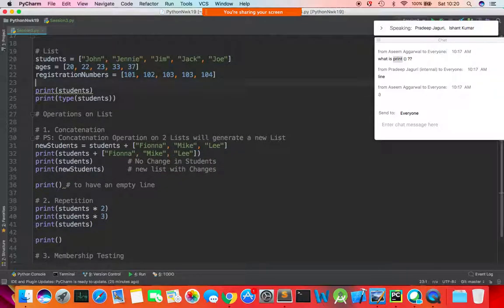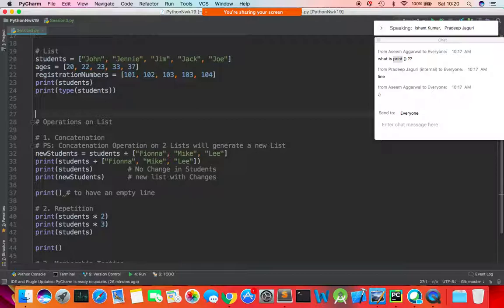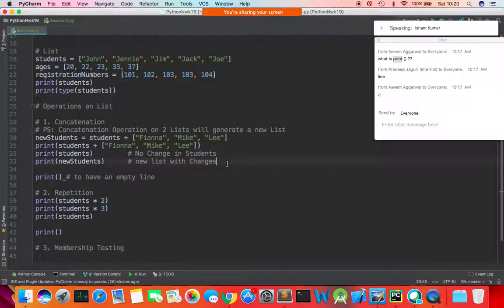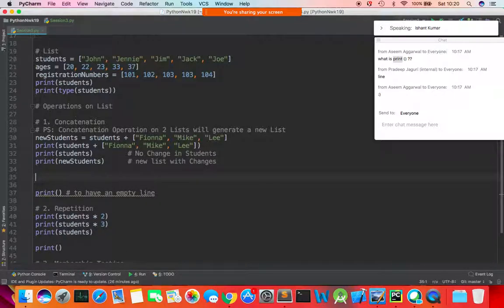Let's see that. So your query over here is the concatenation operation on two different lists with different data, right? Yes. So guys, let's say I'm going to say the concatenated list is